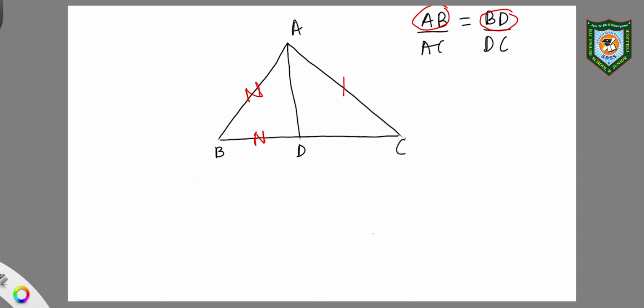Similarly, if I interchange the ratios, that means if I write AC divided by AB, then this becomes DC divided by BD. So again, this is in the numerator, therefore DC is in the numerator, and AB is in the denominator, therefore BD is in the denominator as well. So these are the two observations that you all need to make in every question that you solve related to angle bisector theorem and property of two transversal lines passing through three parallel lines. That will be all for this section.